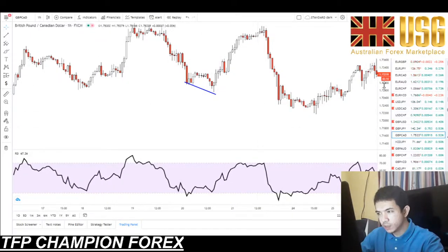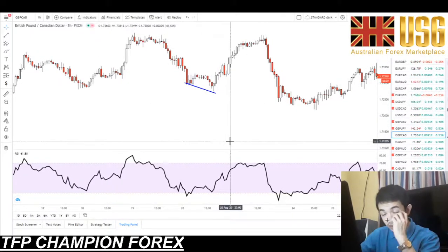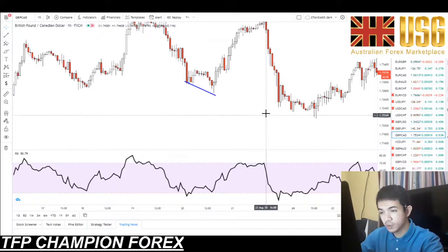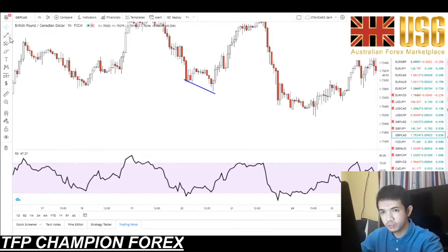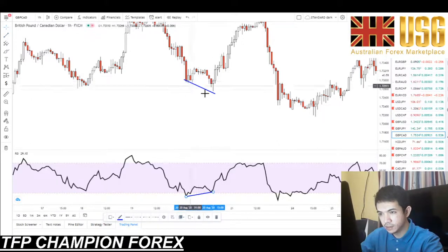Please observe the RSI itself. What does it form? It formed a higher low, right? You see this difference. So if the price created a lower low, however the RSI formed a higher low, and then